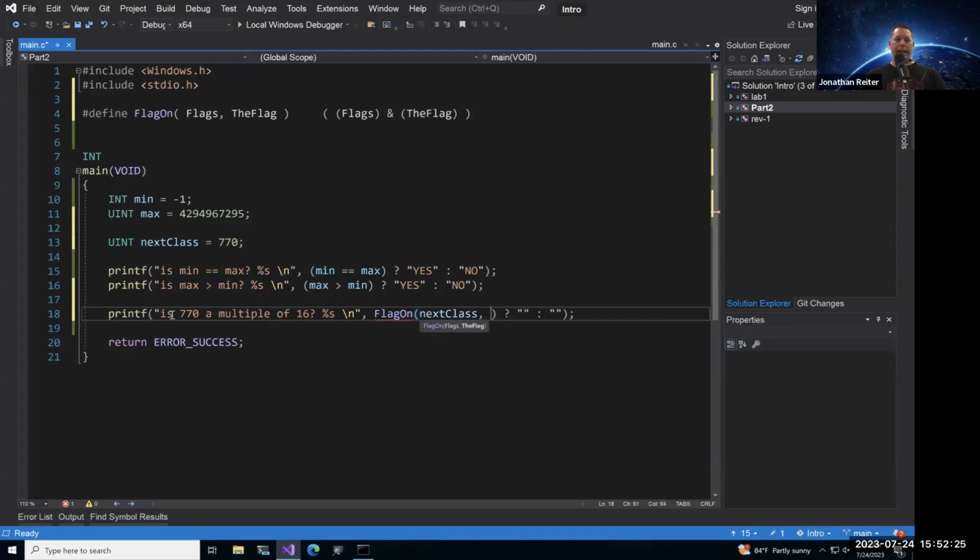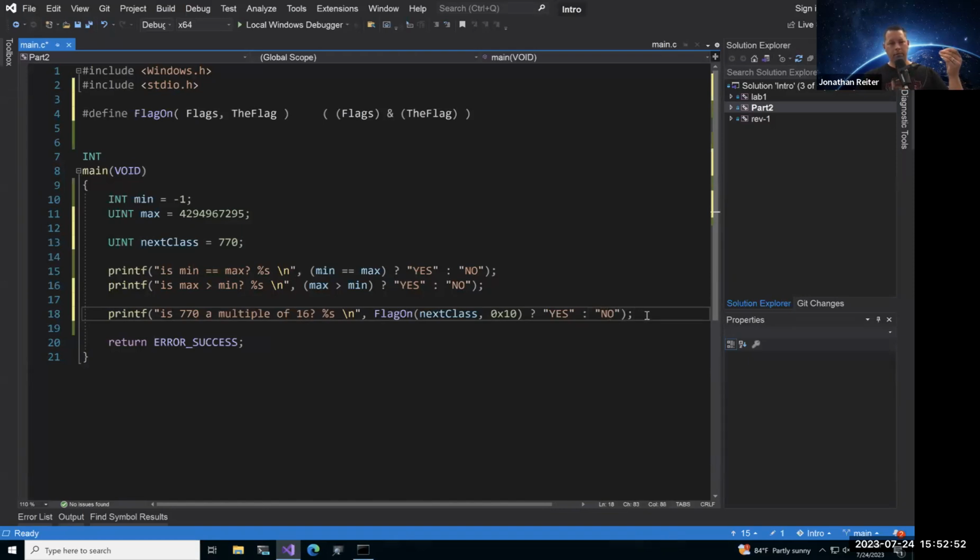And then the flag of interest, to see if it is a multiple of 16, I'm going to give it hex 10. You could give it decimal 16, it doesn't matter. I'll say yes, if that's true, then it is a multiple of 16. If it's not, we just say no. You could also say true or false if you would like.